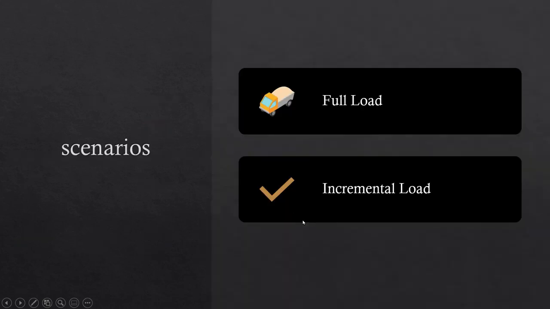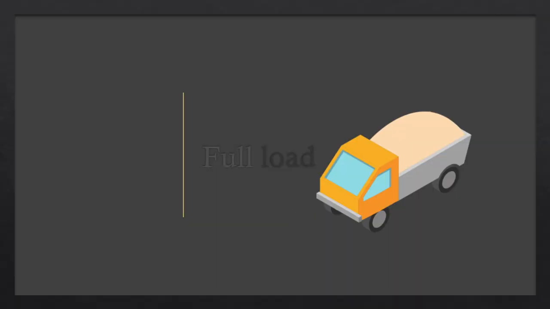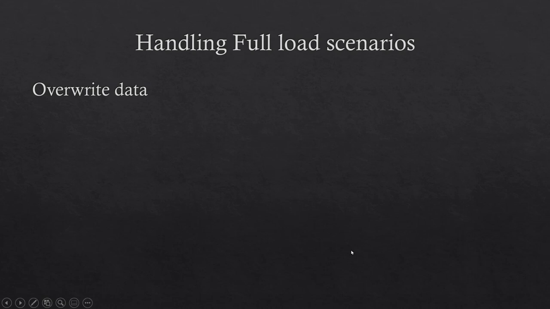So let's talk about the scenarios. When we talk about change data capture, there are broadly 2 scenarios. One is full load, the second is incremental. What does this mean? Full load means that from the source system every day I am going to get an entire dump of the data. On the first day if I got 100 records, on the next day, whatever records are added, updated or deleted, I am going to get the entire set of records from the source system to my side. This kind of scenario is very simple to handle because we know that every day we are getting all the records.